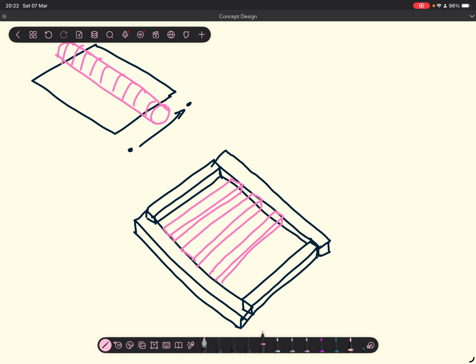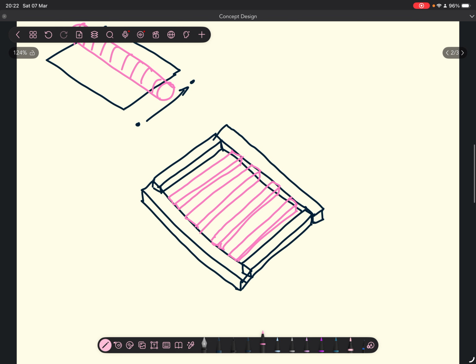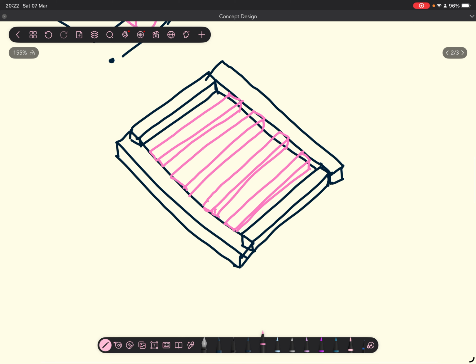For now it doesn't matter too much. Just get the general shape of your funicular down. Okay, so we have these supports in the middle, and then we also have the outer frame